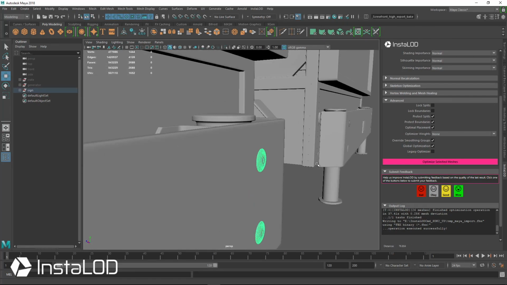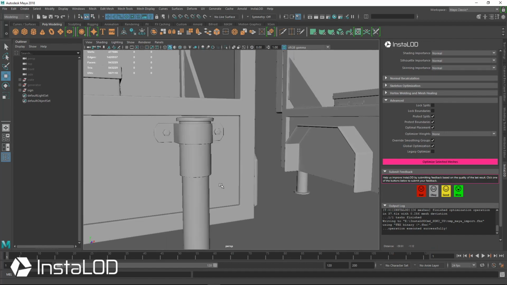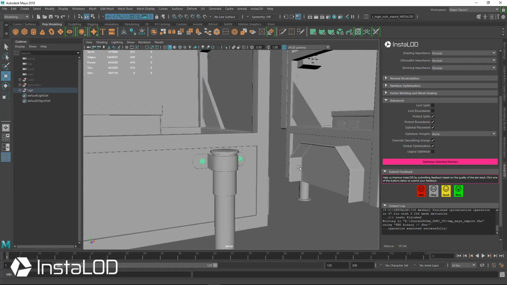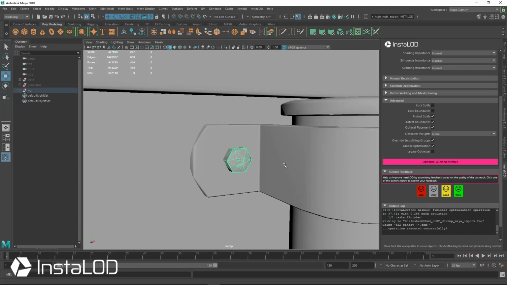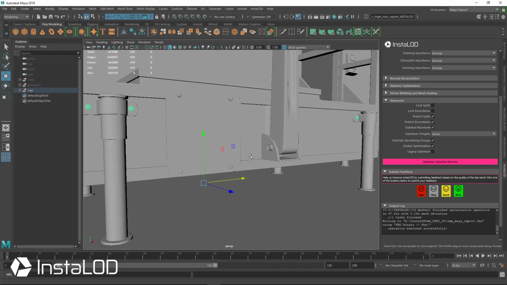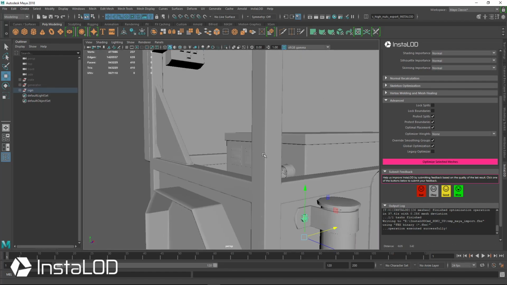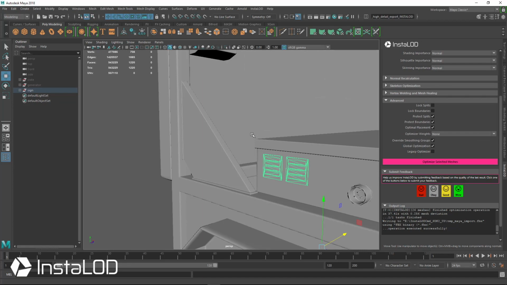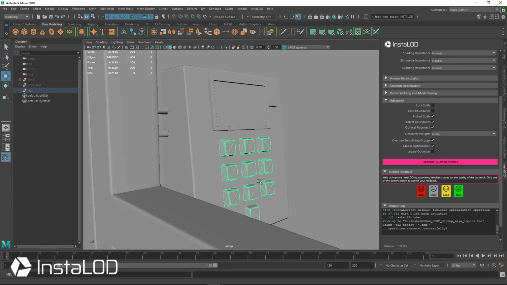So some of these bolts did get optimized pretty far down, but they do match pretty well. These were just some round discs here. And we can take a look at the bolts on the back as well. And so these did optimize pretty nicely and retained a lot of their shape. And so they're very usable. And we have the vents here. And if we take a look at these buttons,